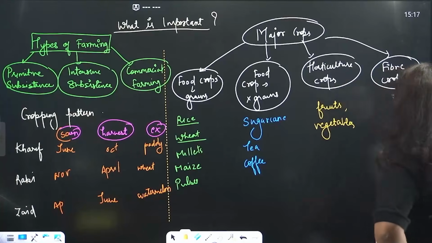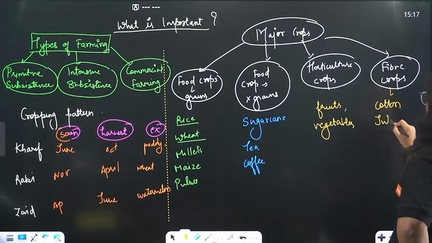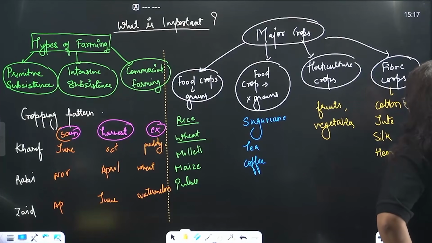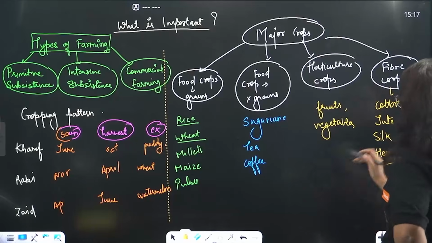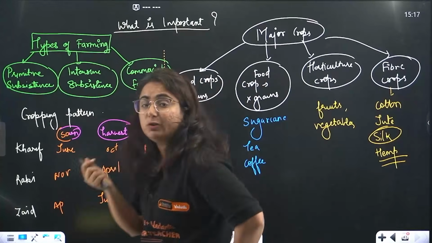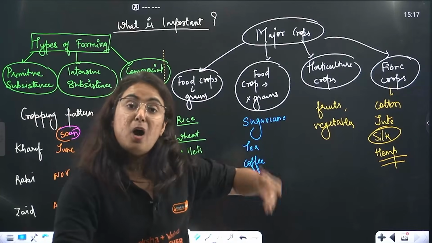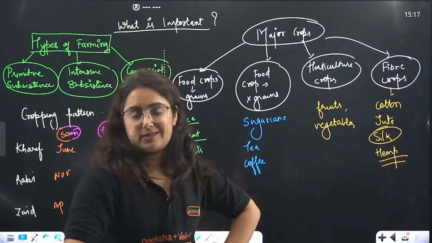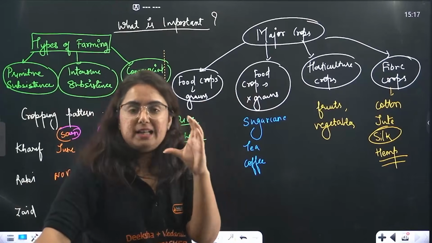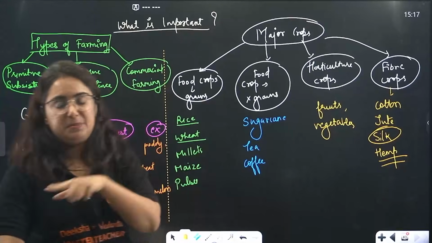Then comes the fiber crops. In this we learned about cotton, we learned about jute. We have information regarding silk and hemp too. So hemp, again I just told you, and silk, beta. If you are wondering how, I will tell you the example of mulberry silk. Mulberry silk is named after the plant mulberry, over which silkworm lives. So you might be thinking, ma'am, how is it related with crop, beta? That plant is mulberry, over which that silkworm lives, and through which it is being extracted.